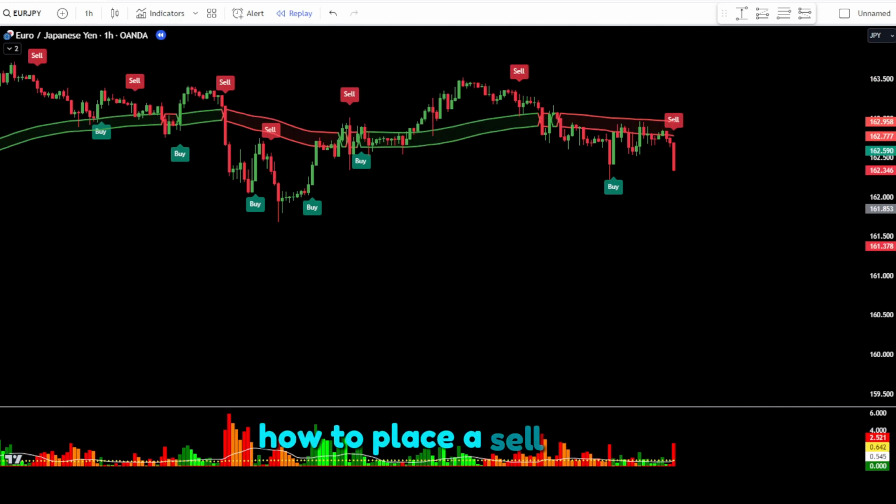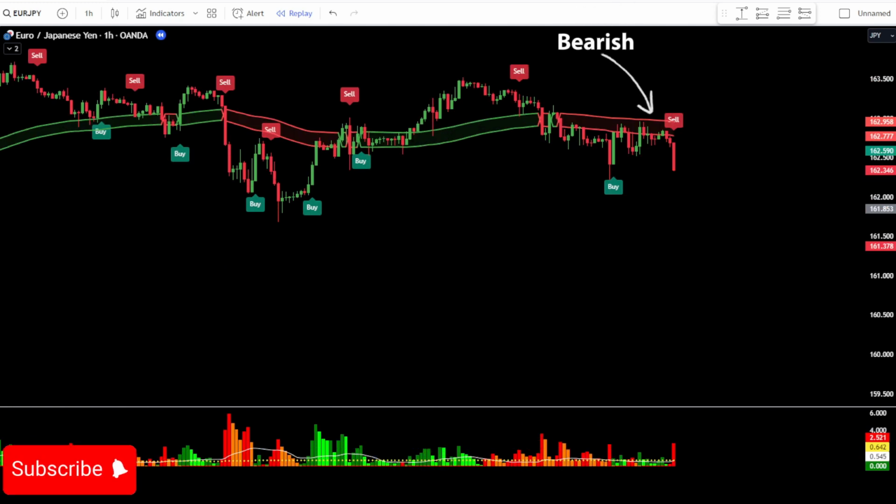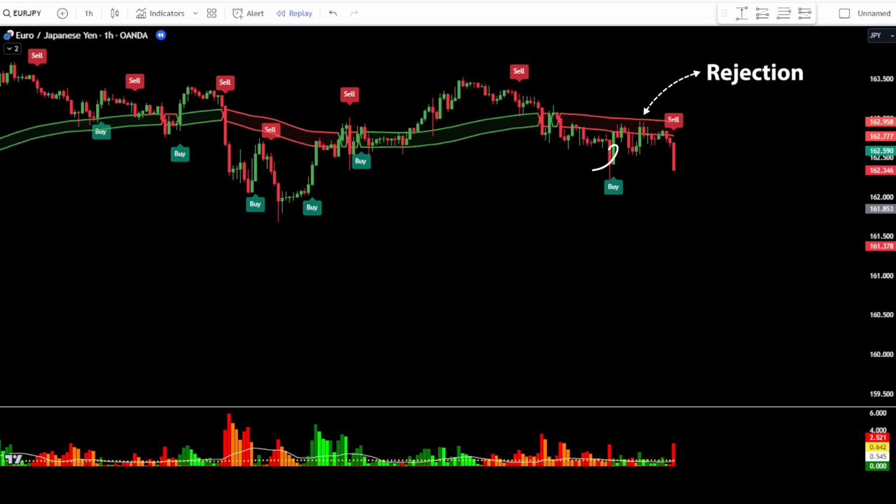How to place a sell order. 1. If the price candlestick is below the SSL channel and the SSL channel is red, wait for the price to correct to the SSL channel area. 2. Once the price candlestick has corrected to the SSL channel area, wait for a price rejection. 3. When the rejection occurs and the color of the SSL channel remains unchanged,